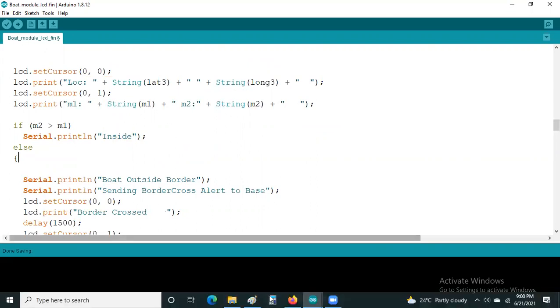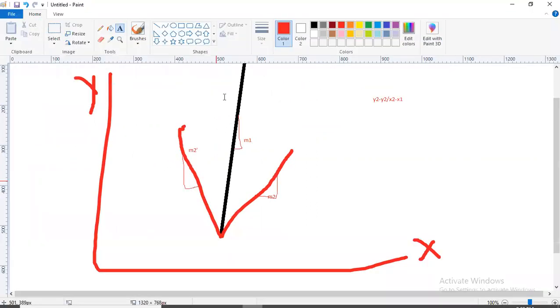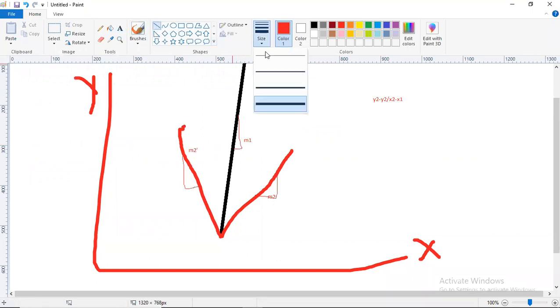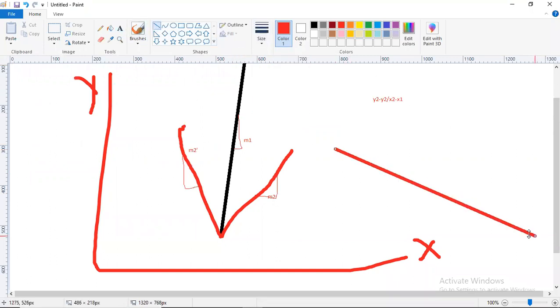Sometimes this line is a little bit tilted, maybe something like this, and then you may be somewhere like this, and maybe you may be something like this.